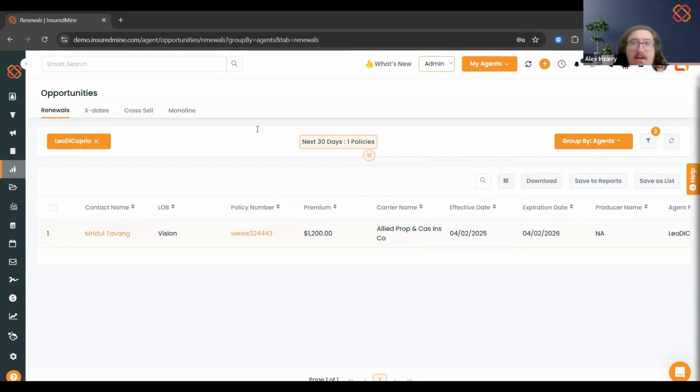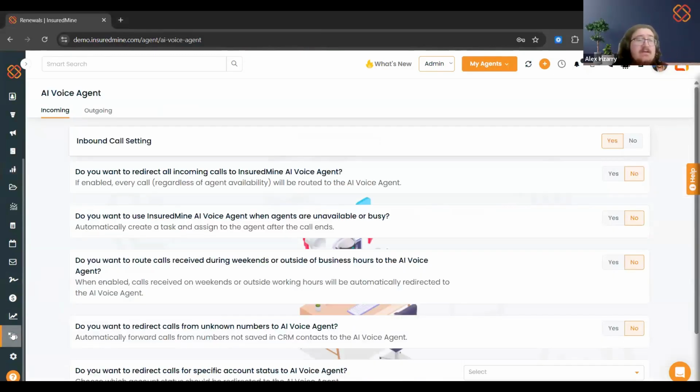So I did see a quick question that was added there from Ken Taylor, which is asking how Twilio AI voice agent differs from Slide Broadcast voicemail drops. So, I mean, the biggest distinction is that the voicemail drop is a ringless voicemail, right? It just sends out that prompt. For our AI voice agent, and I'm actually going to open up that module next because that's what we're going to focus on,